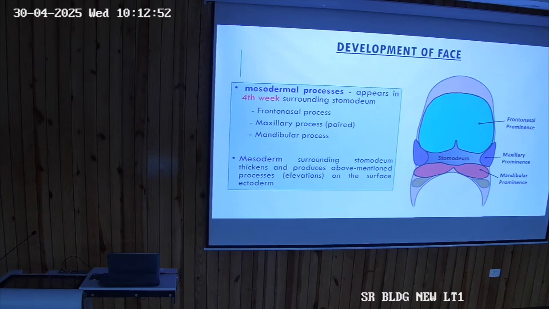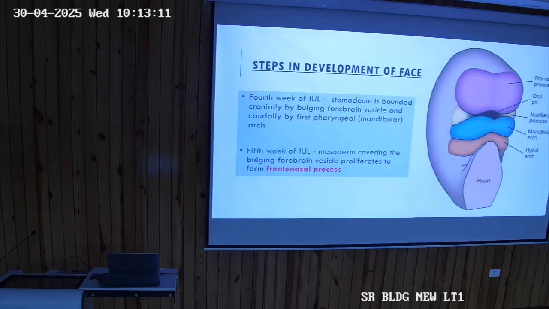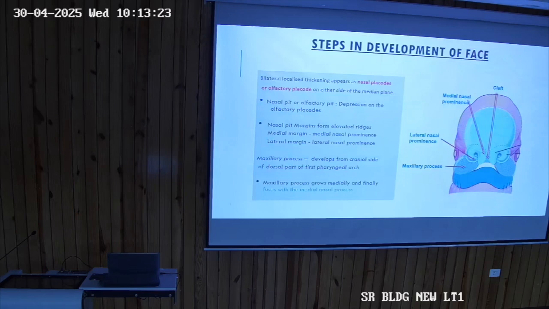Mesoderm, basically here it is derived from which cells? These are derived from the neural crest cells. We had a discussion also, viscerocranium. Viscerocranium is that part of the skull which is surrounding the face. So the facial mesoderm is basically derived from the neural crest cells. Next, frontonasal process is the mesodermal covering the forebrain vesicles just above the stomodeum.